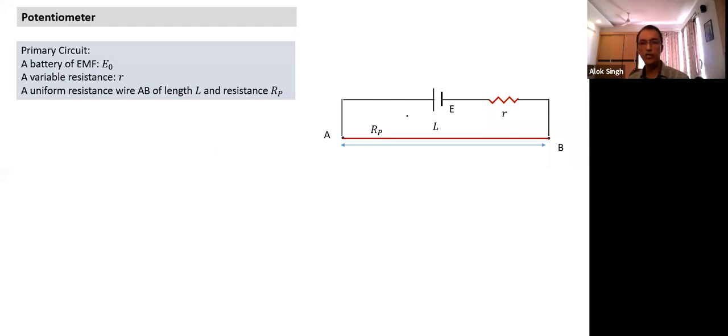In the primary circuit, as we see here, there's a battery, and we can call its EMF E. It is connected to a variable resistance which can be changed, and to a long resistance wire AB. Unlike the meter bridge, this length of the wire could be 4 meter, 5 meter, 10 meter. It doesn't mean it is on a straight path. It can be run like this also. The wire is bent around, but the length of the wire is made longer. The longer the wire is, the better the sensitivity is, and smaller values can also be measured.